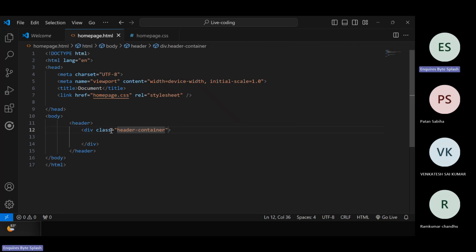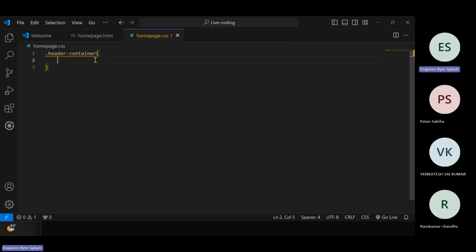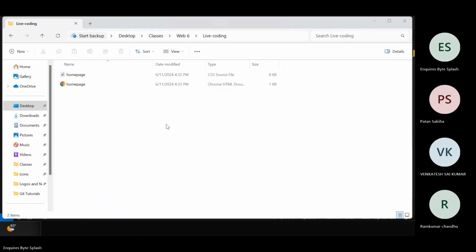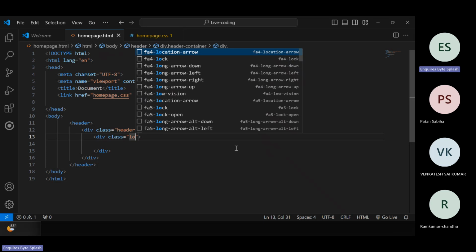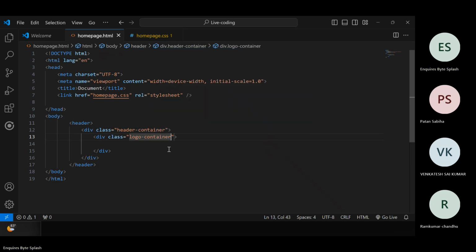I created this. So this header container I can apply styles, and I can apply them in homepage.css. That is fine. This header container I can make display flex or display grid. That's fine. I can have one division. One is for the logo container. Another is for